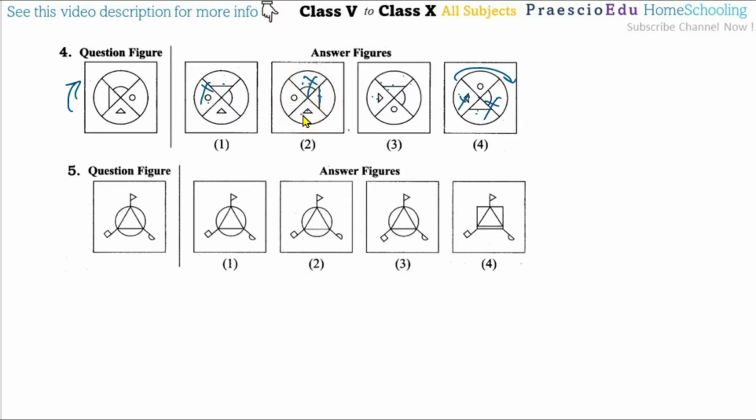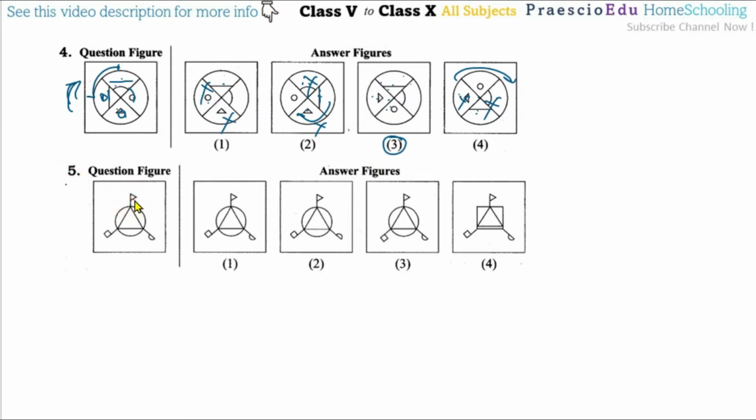Lines, this is on the left side, okay, after rotating this one, this will come here, like this rotation, so this is totally different, this one also totally different. But if you rotate like this, from this position to this position, only a 90-degree rotation, this line will come here, this half circle will come here, this small circle will come here, and this triangle will come like this here, which is identical after a 90-degree rotation, so option number 3 is exactly identical. Now question number 4.